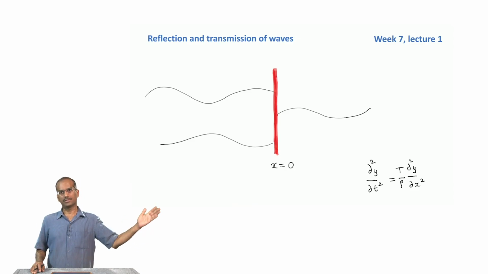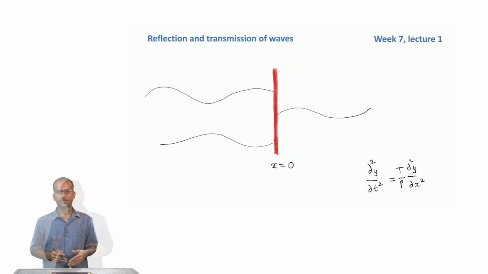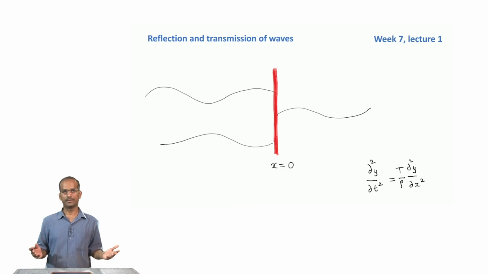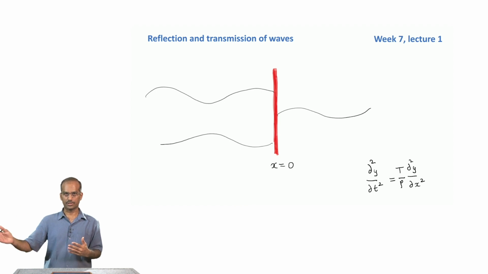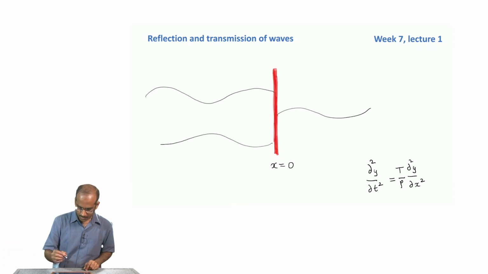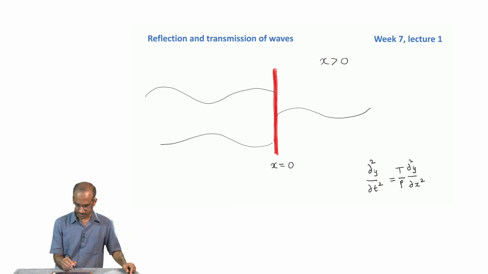I assume that there is some waveform that is propagating, let us say from the far left hand side, and at x equal to 0, as it is shown in this figure, there is a change of medium. So, when the waveform reaches this boundary, part of it would be transmitted to the second medium. So, x greater than 0 would correspond to the second medium, and there will be a part of it which will be reflected back into the first medium, which corresponds to